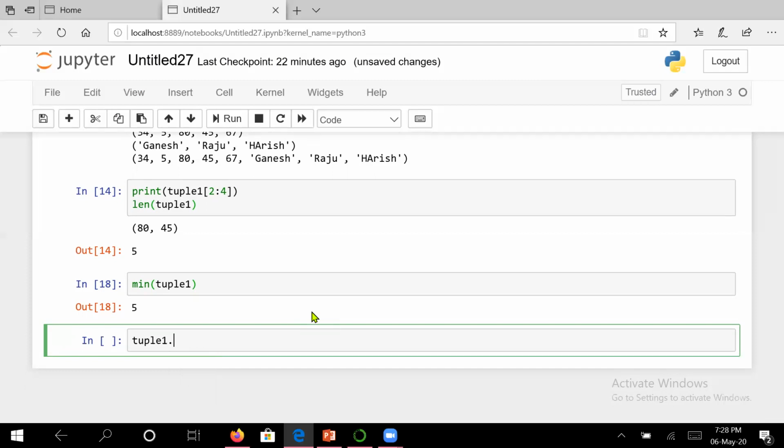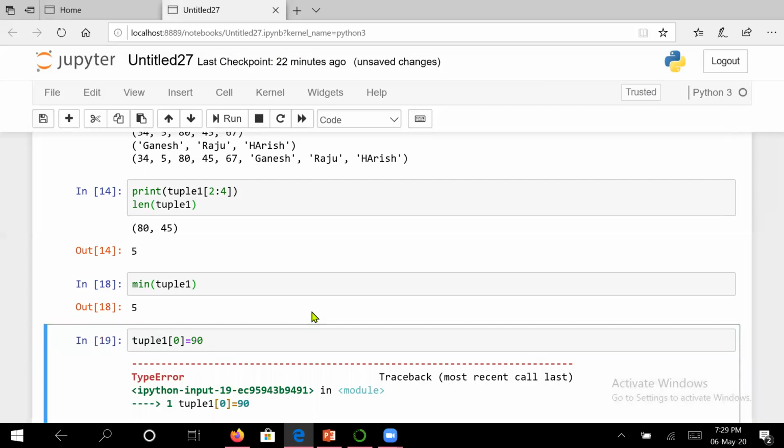For example, suppose this is the first element as we are accessing the first element, and if I want to change the 0th element, it will give me an error, because you cannot update a tuple. So insertion, deletion and updating are not possible in tuples, and that is the only difference. That is why they are faster. Tuples are faster in execution than a list. That is why there is a separate provision for tuple and list.